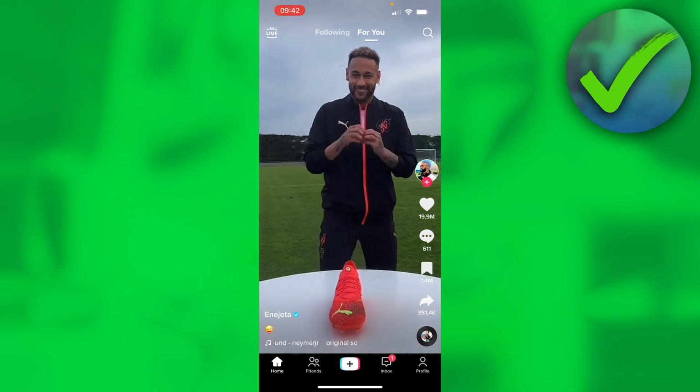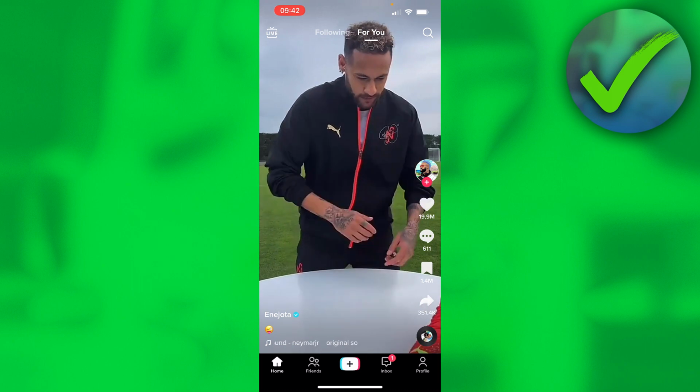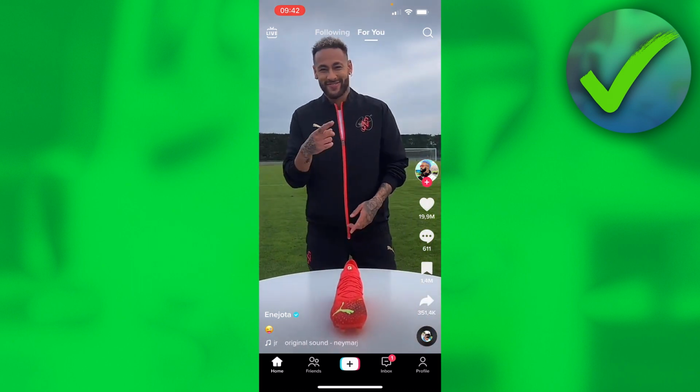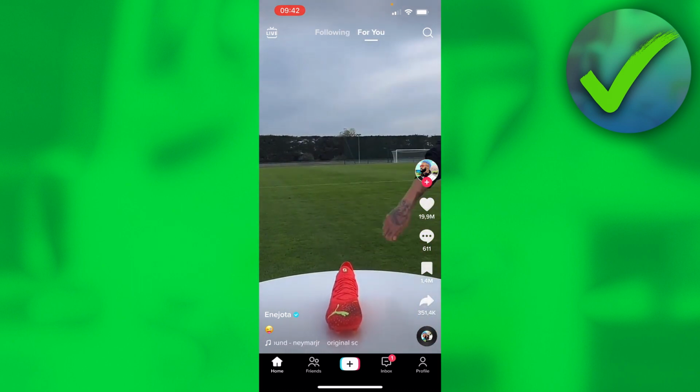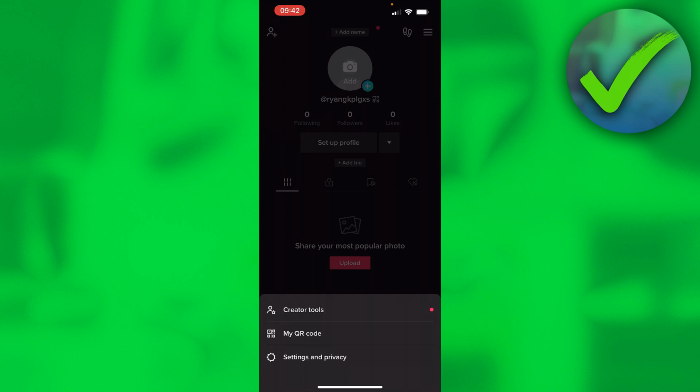How to turn on or off dark mode in the TikTok app. On both iPhone and Android, you can easily do this. Now, all you basically want to do is go to your profile, just like that. Click on the three lines at the top right, and then you want to go ahead and open settings